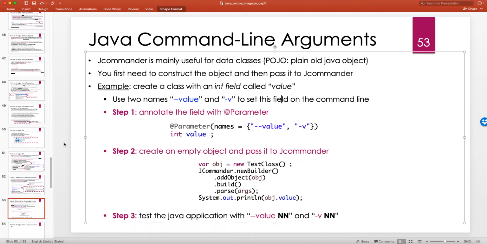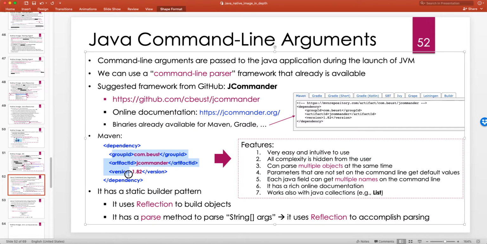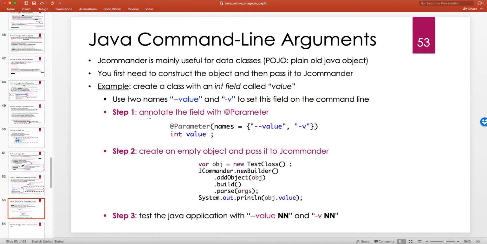I will use Maven, so it's very easy. You just add the Maven coordinates, the dependency, to your POM file, and after that you create your class as usual. But then you annotate it with @Parameter. This is the nice annotation that